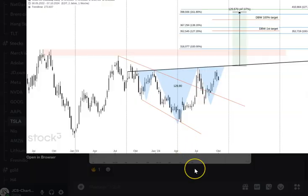This is Tesla on the weekly chart, and you see in red here a descending broadening wedge, which I don't like that much because that last touch here is a bit too deep for my understanding. However, there is a potential inverse shoulder head shoulder pattern here, which needs another touch on that trend line. Once that touch is being made, we open a magnet at 316 and also at